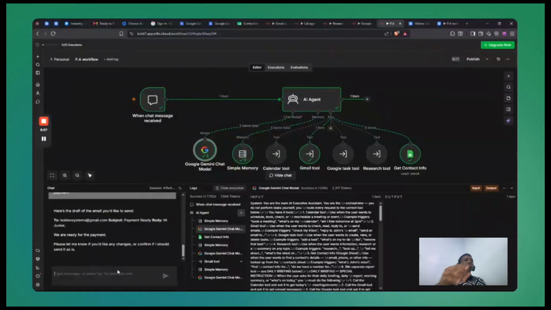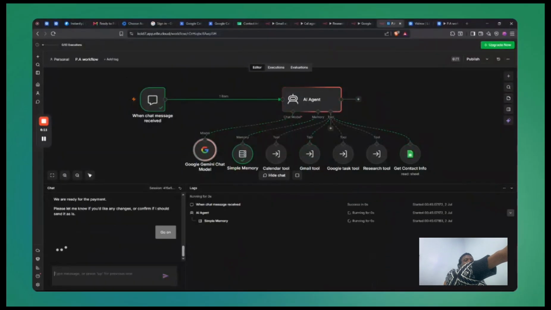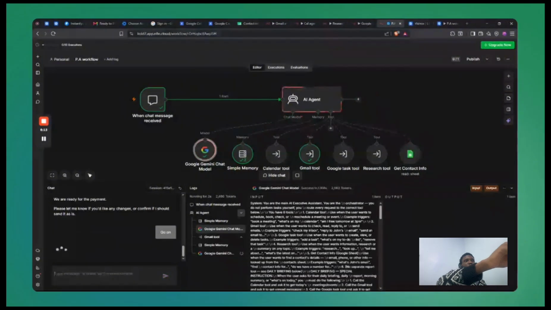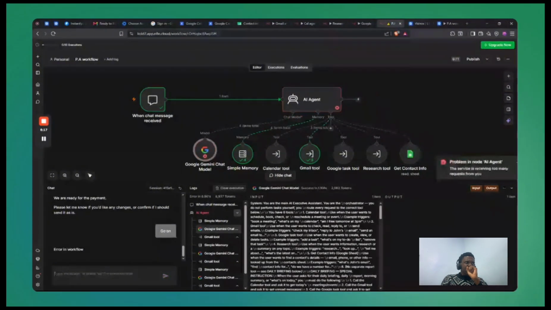So basically it's going to send the information to the Gmail too, and it's going to send the mail to the email address you provided. So now